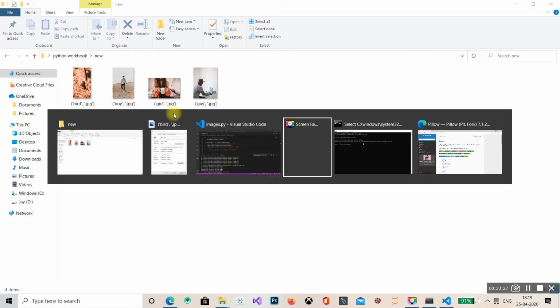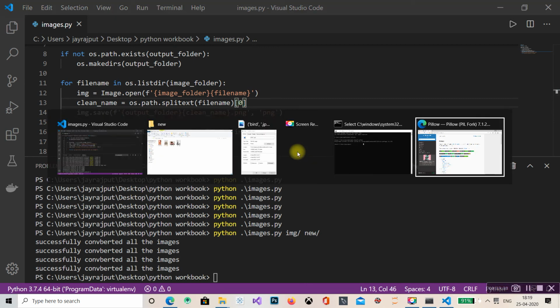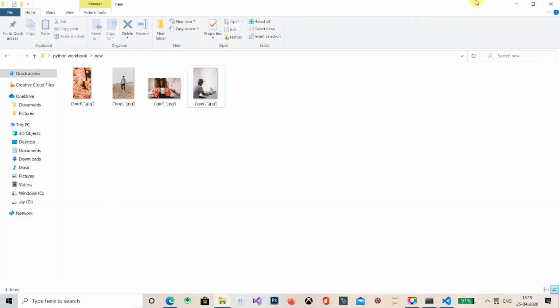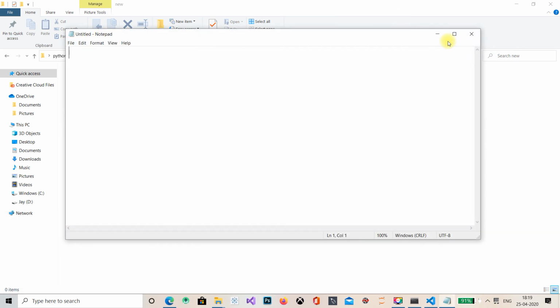Okay guys, so here the thing is, I need to put a 0 here, as I told you that I am deleting these images. As I told you guys, Python numbering starts with 0. Okay guys, 0 1 2 3, the numbering goes like this in Python. It doesn't start with 1, it starts with 0.